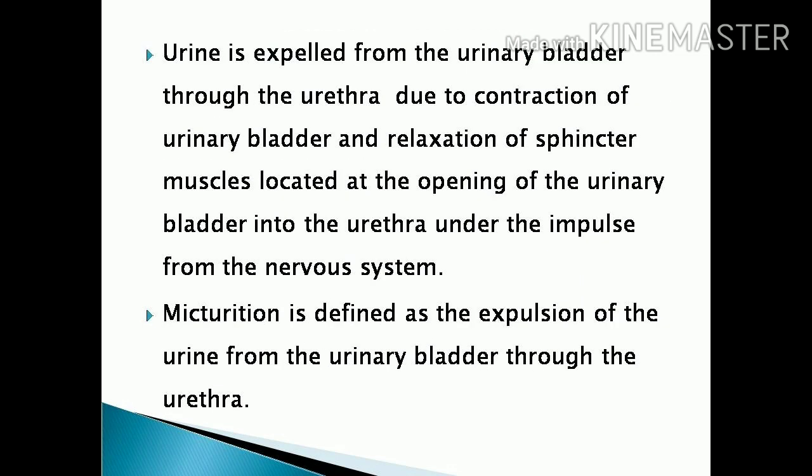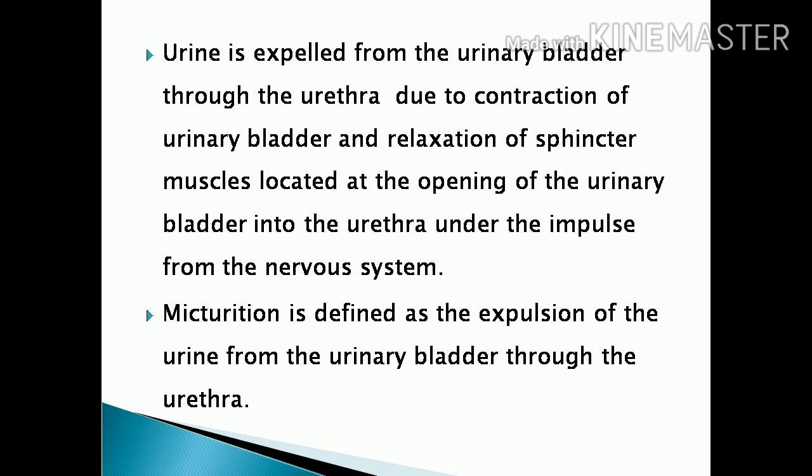The backflow of urine is blocked by the valve formed by the ureter at the base of the urinary bladder. That valve prevents the backflow of the urine. The contraction of the urinary bladder and the relaxation of the sphincter muscles result in the removal of urine from the bladder. At that time, the urine passes from the urinary bladder to the urethra.